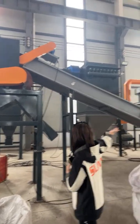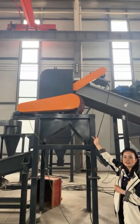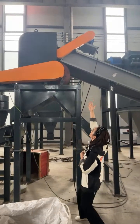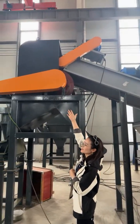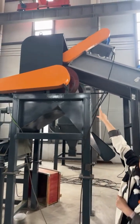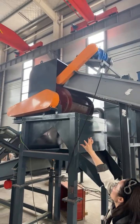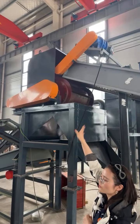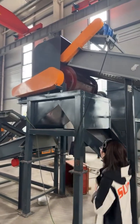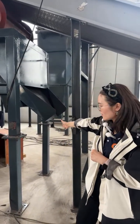So the discharges from the crusher will go to this. This is the magnetic separator. And through this part, you can see that the discharges will go to this magnetic separator. And there is a roller, a magnetic roller. You can see from this side. So the roller will rotate, and the iron will be discharged from this side,